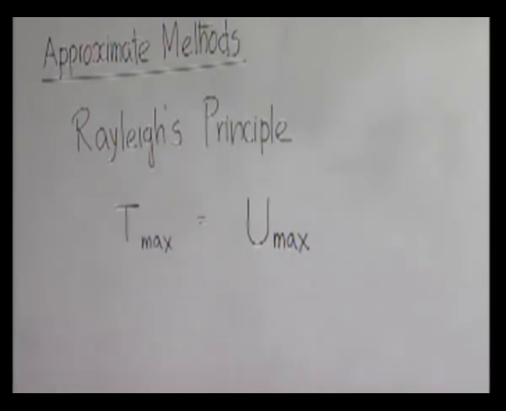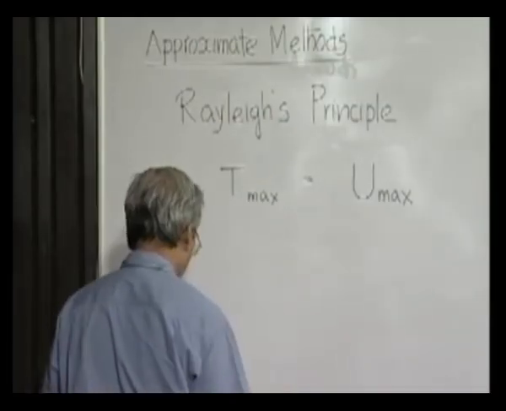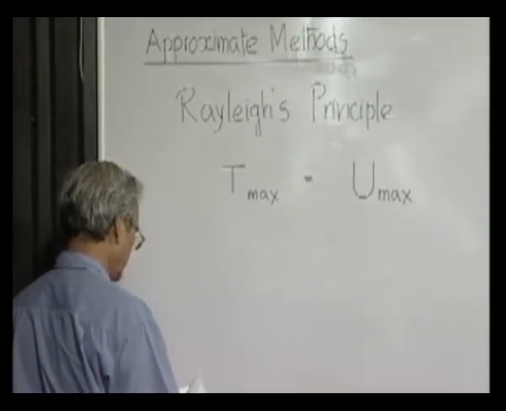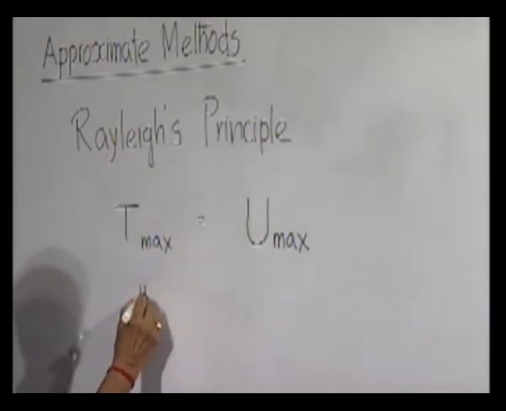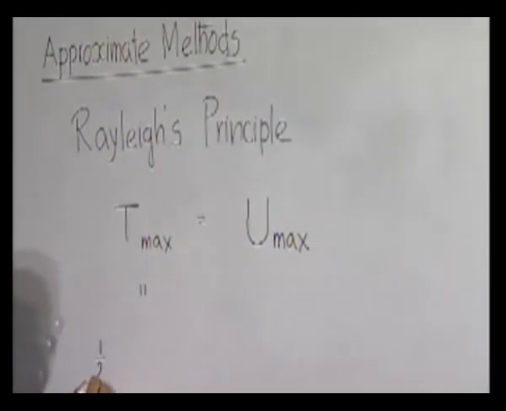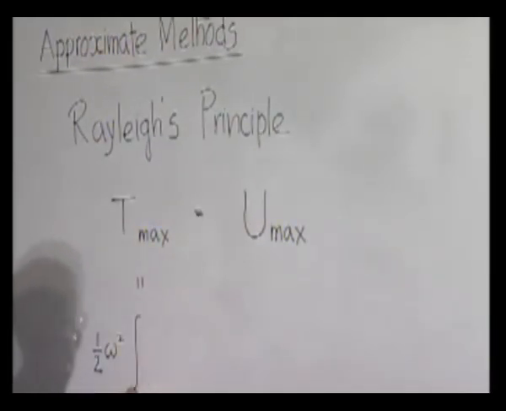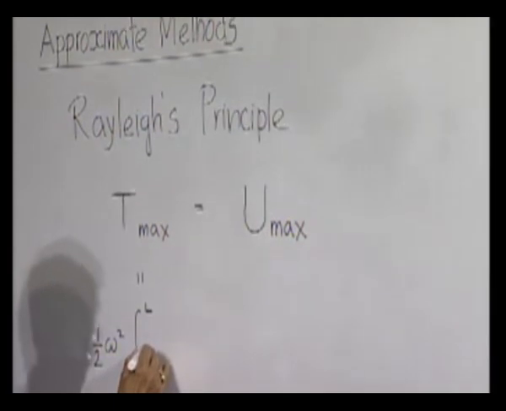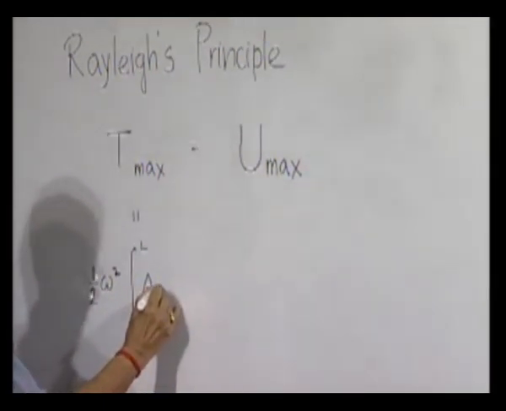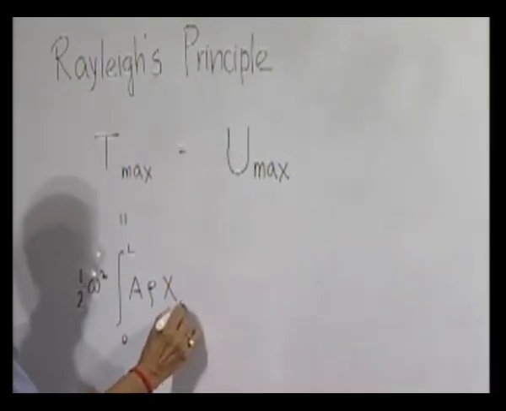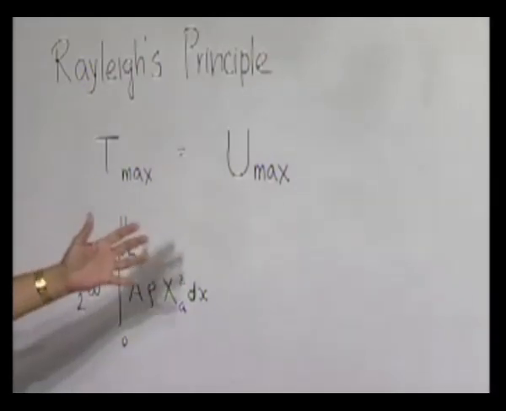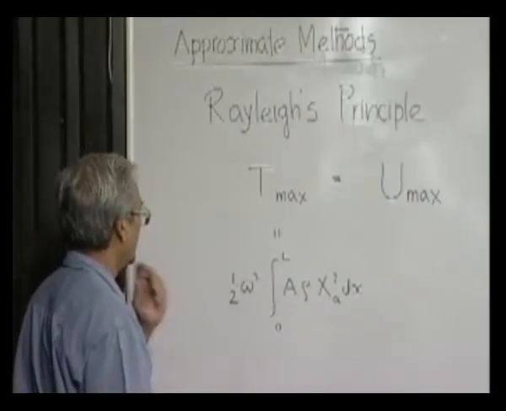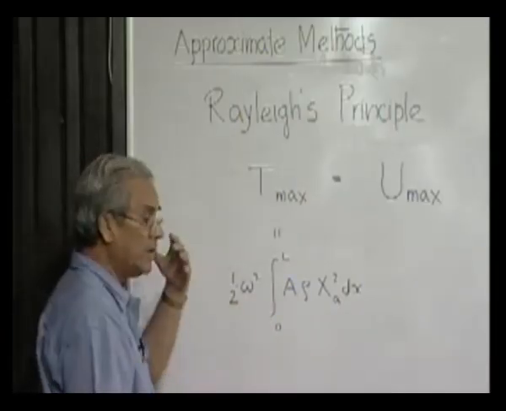So using this principle, what we found in case of bars, that this is equal to, that means the total kinetic energy of the whole elastic body in its peak value in the normal mode oscillation